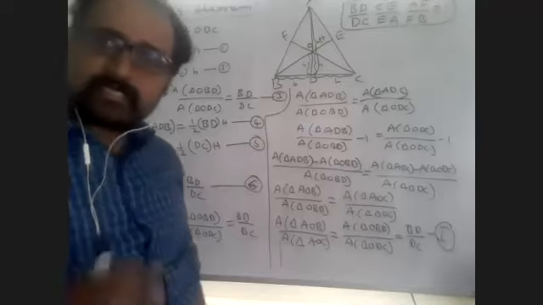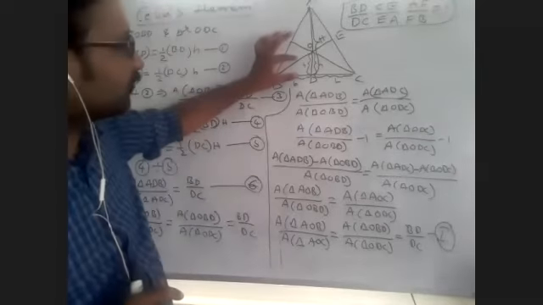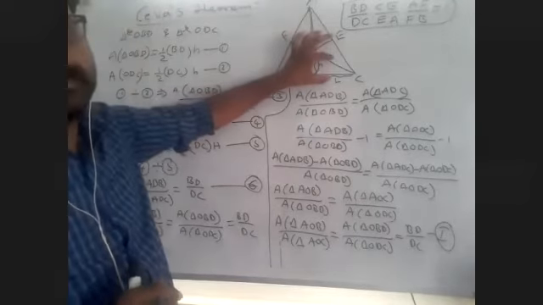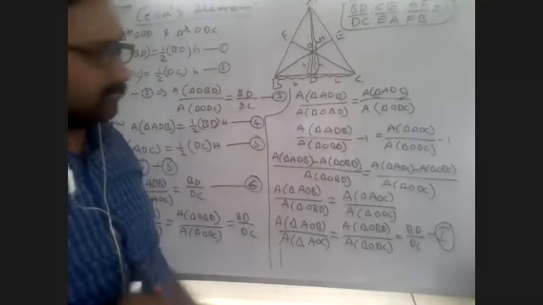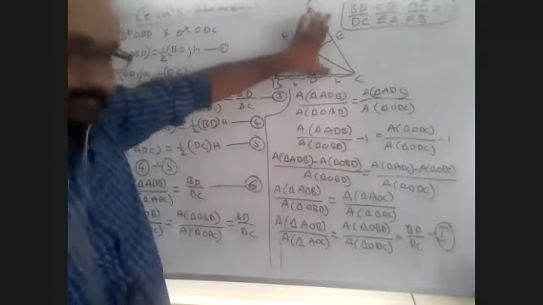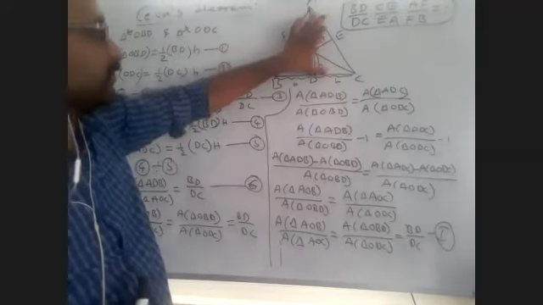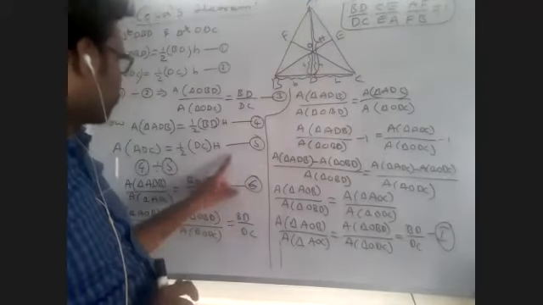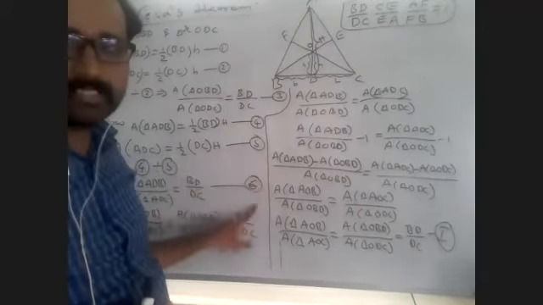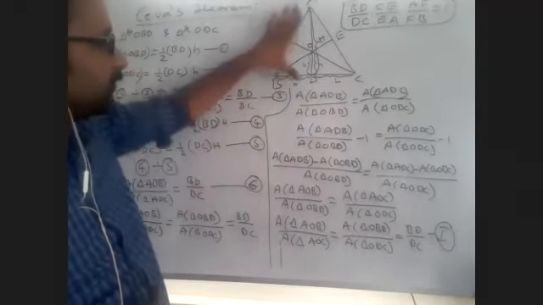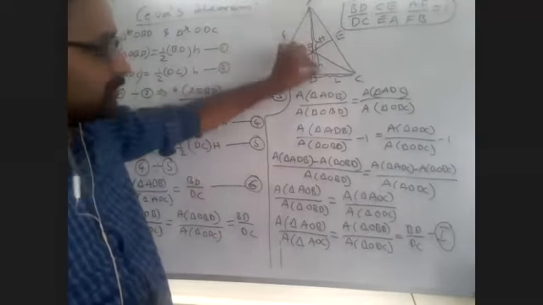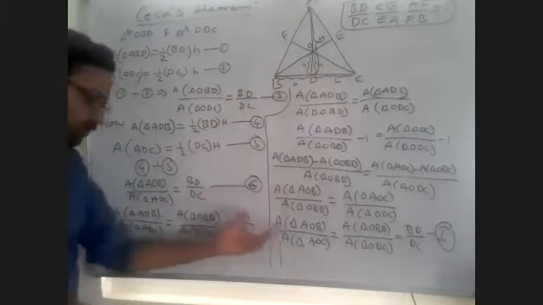So you have to understand here: we find this area and this area and we divide it. One equation we got. Again we find this area and this area, again division, we got equation number 6. Now we are equating 3 and 6, by the condition. After equating, we will get these 3 are equal.